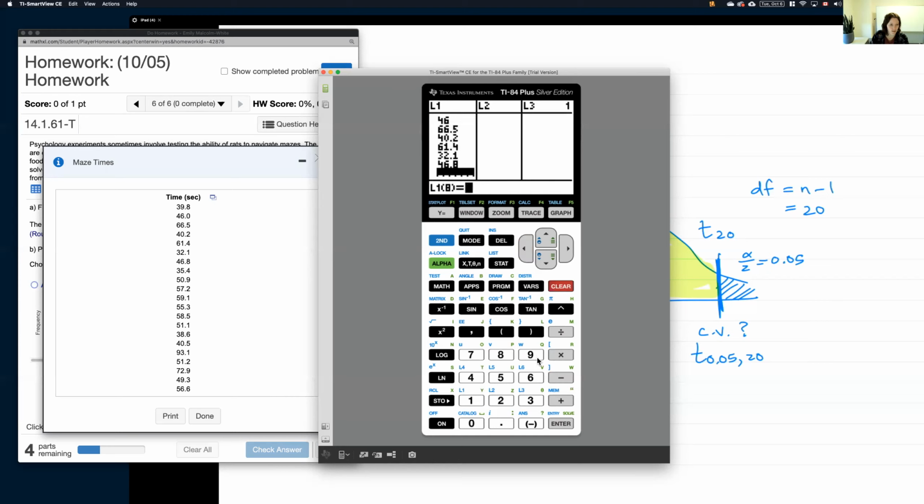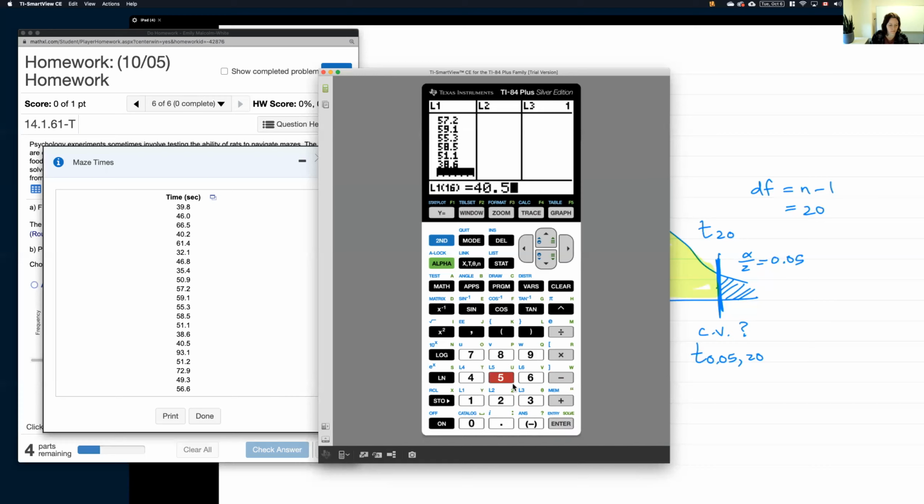Okay, where were we? 46.8, 35.4, enter, 50.9, enter, 57.2, enter, 59.1, enter, 55.3, enter, 58.5, 51.1, 38.6,